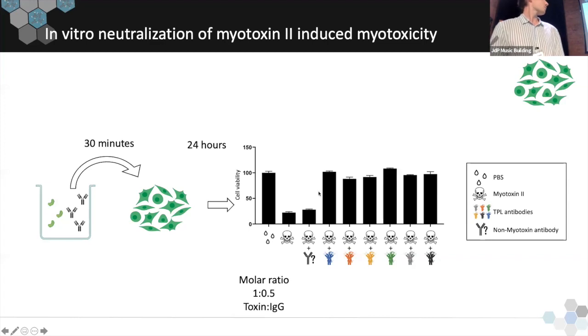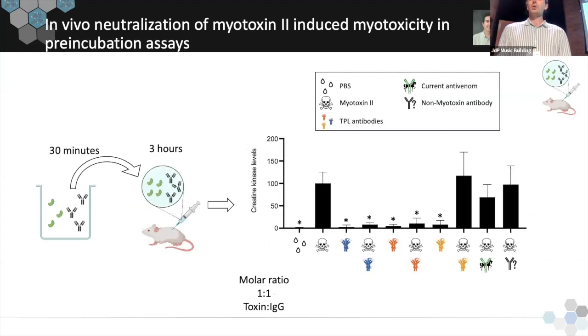And as we can see, does this work? Yeah. We have a negative control. This is where we want to be when we have a neutralizing antivenom. Positive control, we would like to get away from this. When we add a non-specific, non-myotoxin antibody, we don't get any neutralization. But if we add one of the 6 that are our prime candidates, we get close to full neutralization at this very low ratio. So with this, we thought it was good enough to continue to in vivo,